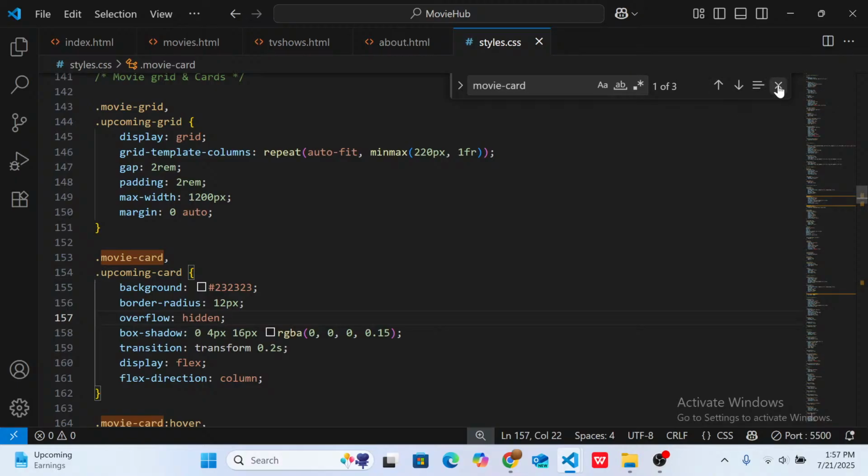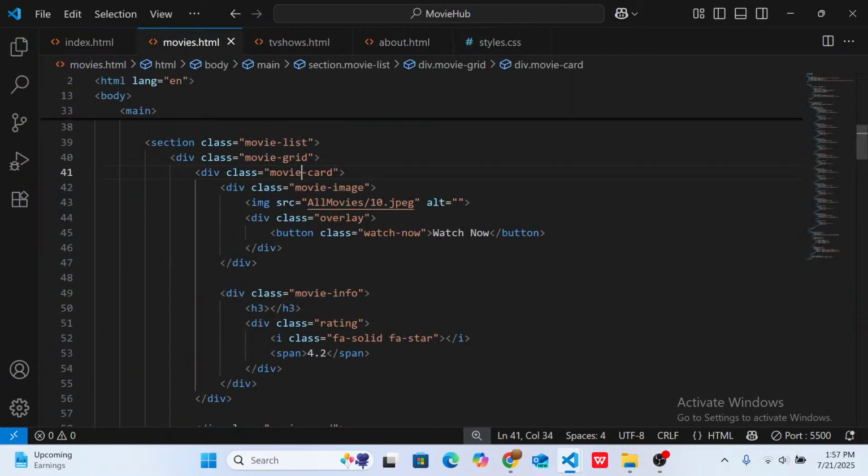We will not be having a lot of issues with styling anymore, because we already styled everything together. That's why I said it does not make sense for us to have movie.html with movie.css, tvshows.html with tvshows.css, about.html with about.css. That would be too much. The CSS would pile up. So I just put everything inside one CSS file, and I align everything as it's supposed to be. So now let's change the image